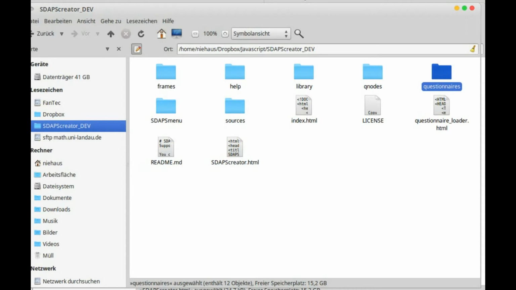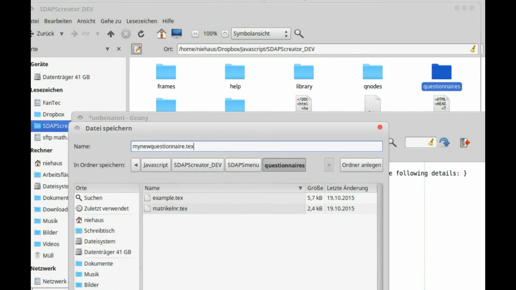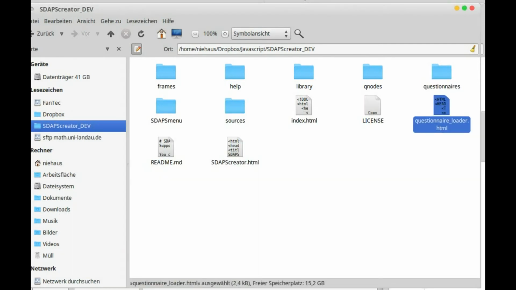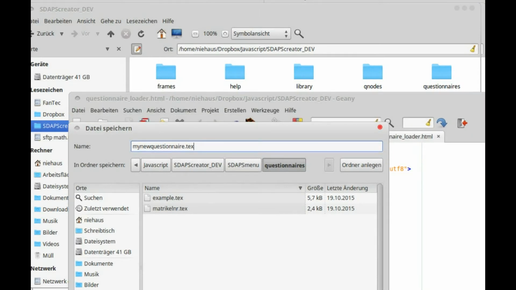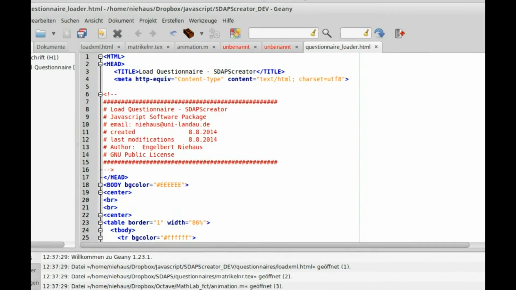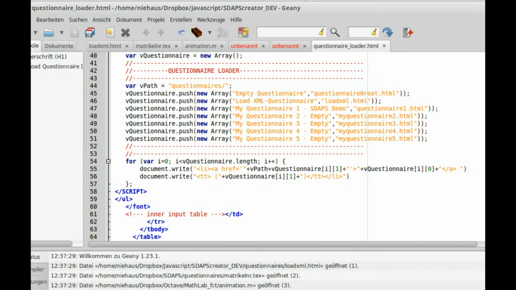And we have a quick look at the questionnaire loader. For example, open as Genie. So this is the document questionnaire loader, and we go down. Then you see here is my questionnaire 1, and it's a quick explanation. And if you want to alter this questionnaire in electronic